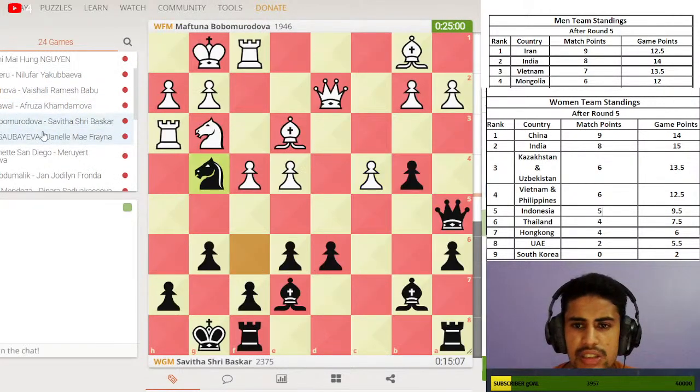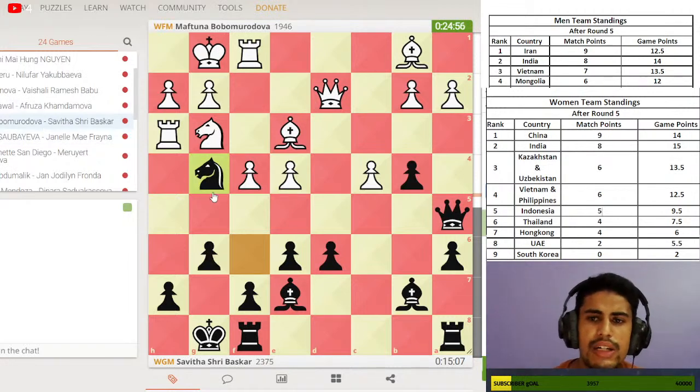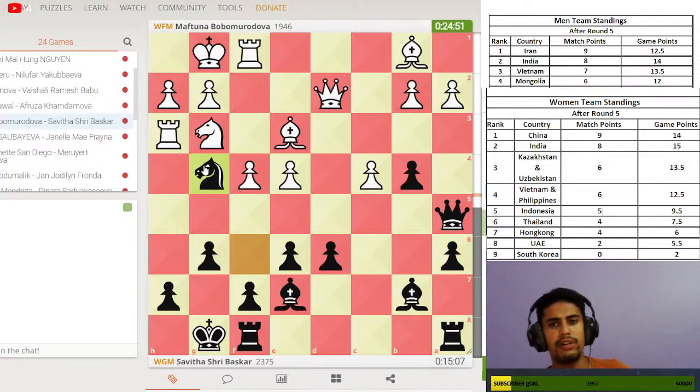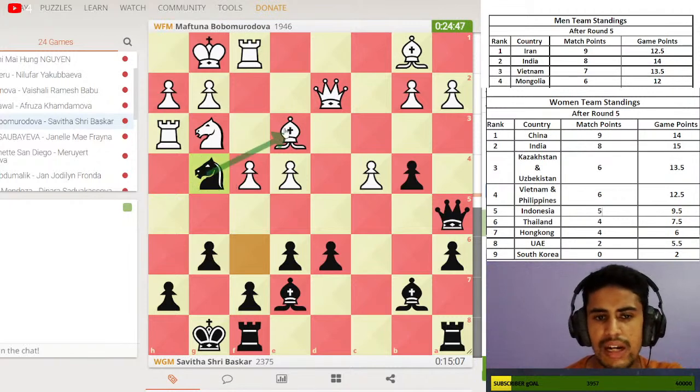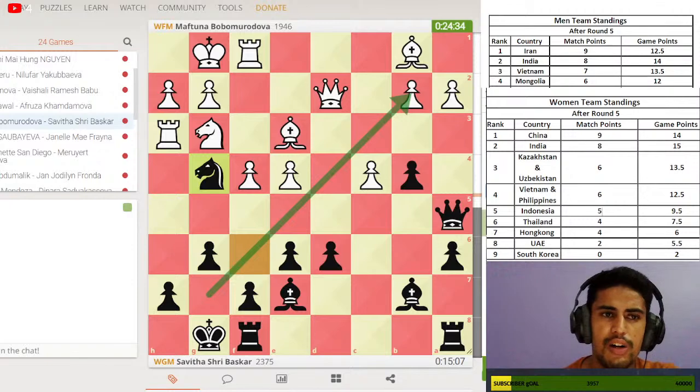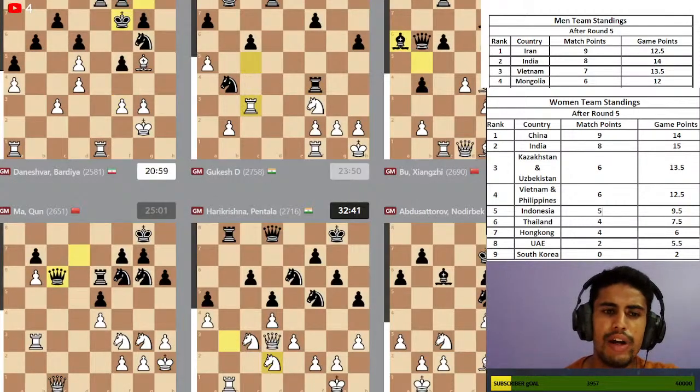Okay, Savita is managed to equalize the position right away. Okay, and look at his knight. Knight is well placed on this g4 right away, and his opponent has to play. Okay, for right away, this bishop is attacked. Maybe Vantika can exchange this knight with the bishop because this bishop will very powerful maybe on this diagonal, bishop on this diagonal also. So, women's sport we are doing great, while in the men's sport,